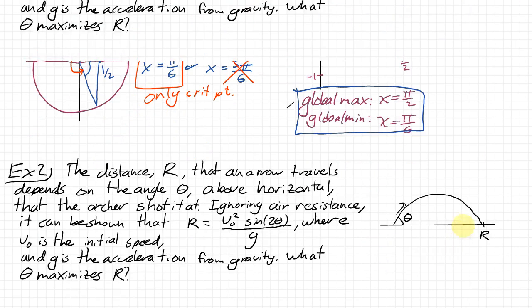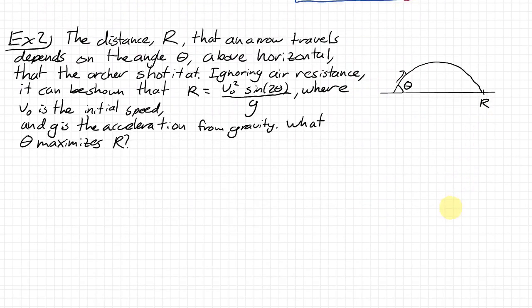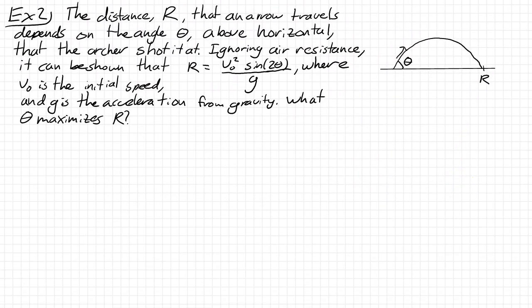Let's see what's next. Okay, so this is another kind of optimization problem. If you are an archer shooting an arrow, and you want to know how you should shoot the arrow so that it goes as far as possible, this will be a helpful analysis. You'd have to do some physics first to get this equation. But it turns out, if the distance from here to here is r, and you shoot it at this angle theta,